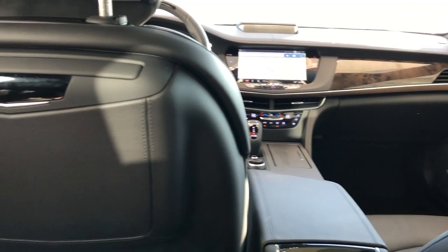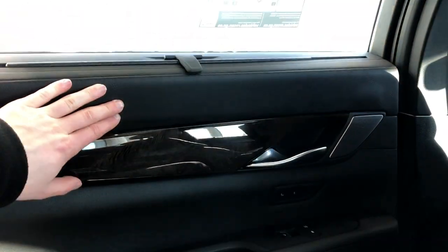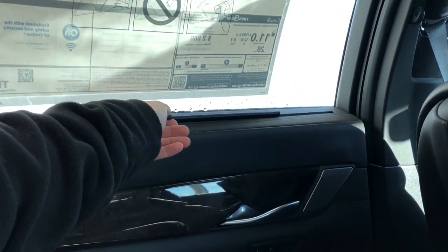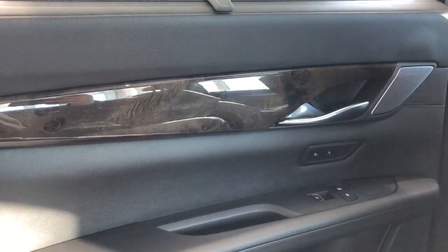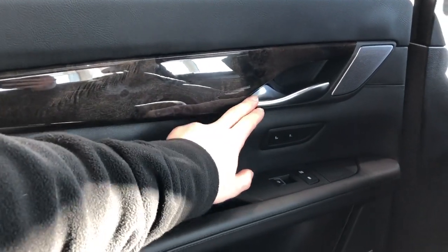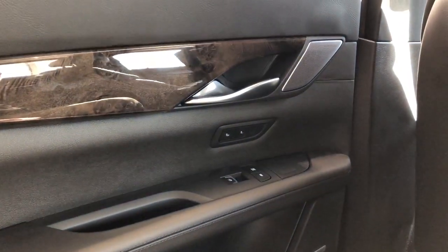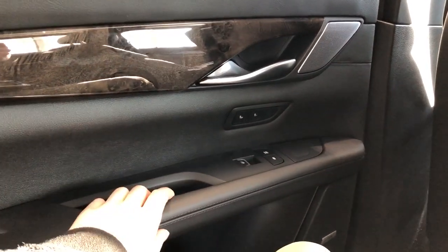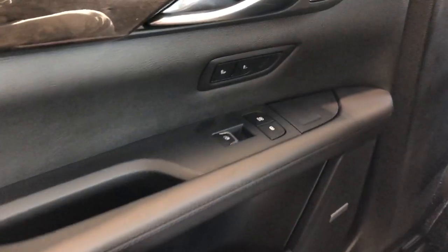Now onto the rear interior of the CT6. We'll take a look first at some of the rear passengers options on the door card. We have here the addition of a sunshade as compared to the front. We also have some of the familiar features like our wooden trim panel, chrome door handle, and our brushed aluminum speaker tweeter. Down below that, we have our 2 options for our heated seats, our close handle, window switch, and